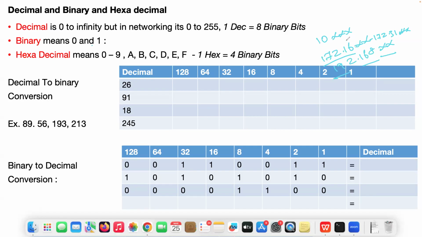For example, 192.168.15.14, private. If you are seeing this value on an IP address, then it's private. This will be the private IP range.